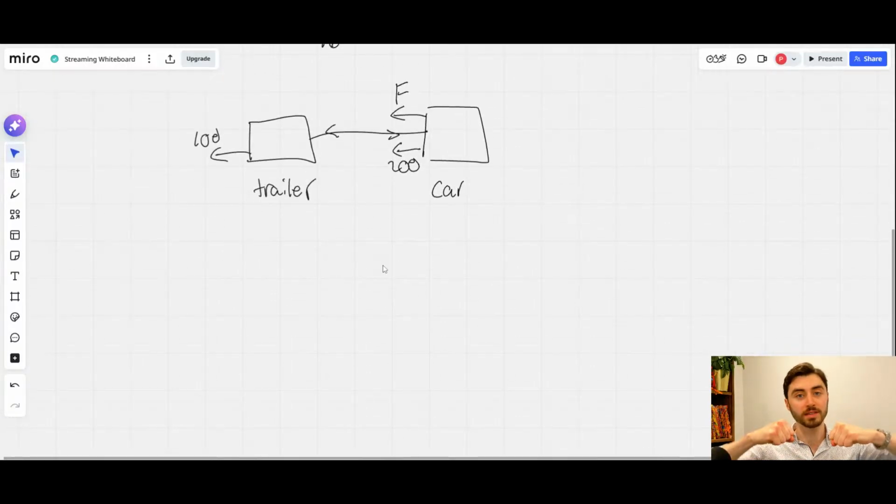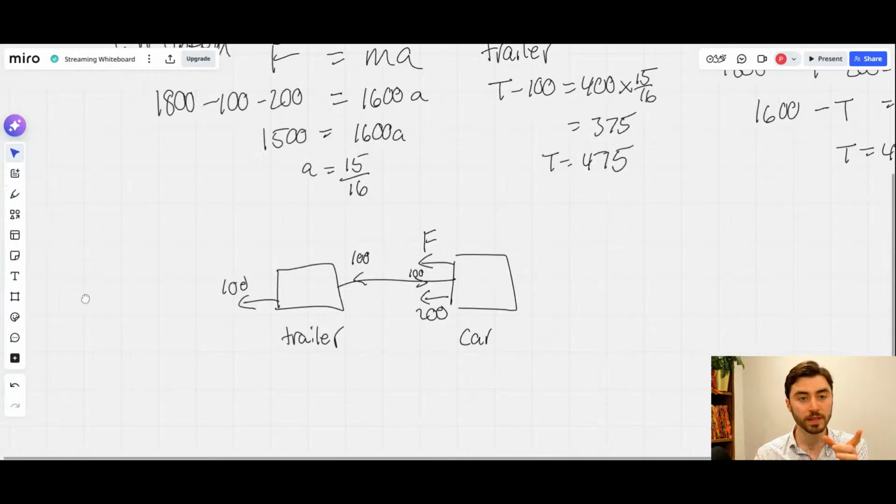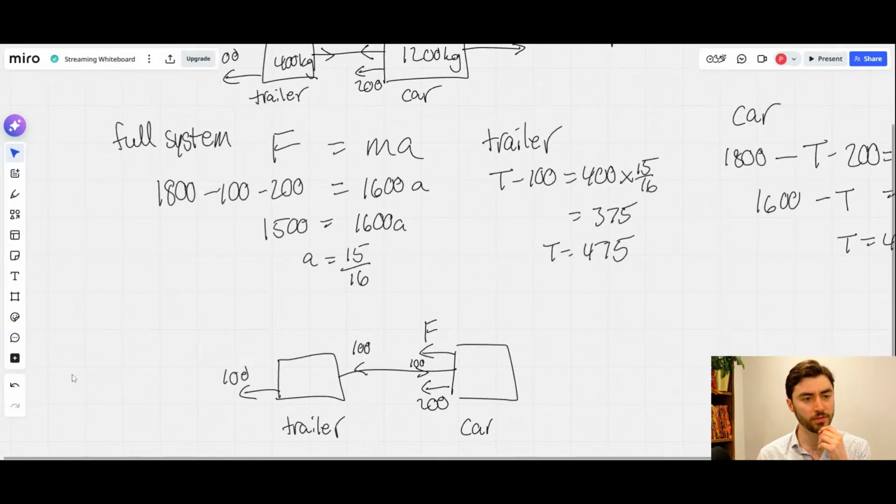So the thrust, we're pushing on this tow bar, and this tow bar is pushing back. Thrust is a force that pushes out from the middle. And let's say for the purposes of this question, we've got to give it an actual number. Let's say the thrust is 100. Let's keep things in the hundreds, right? We're going to keep the masses the same, obviously. So that's going to be 400 and 1200